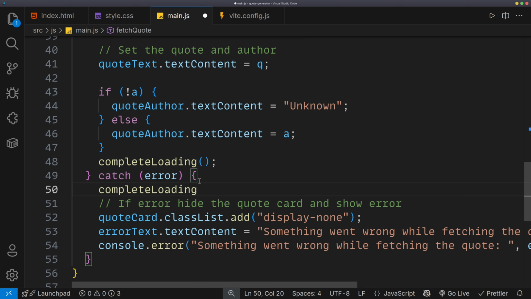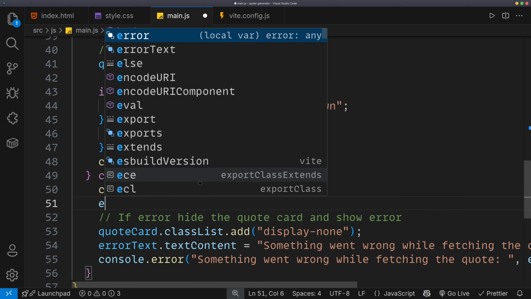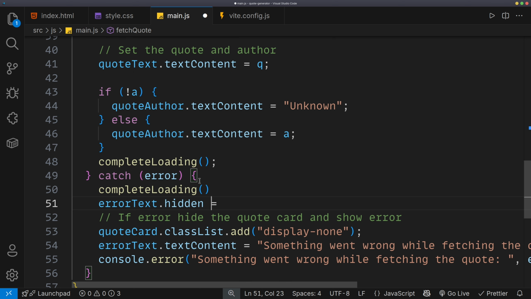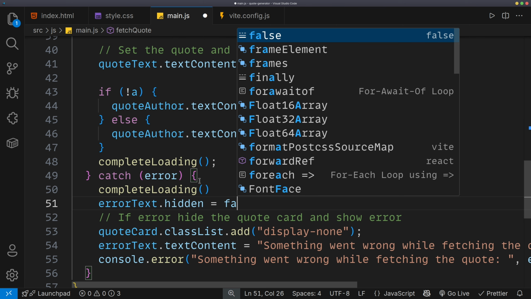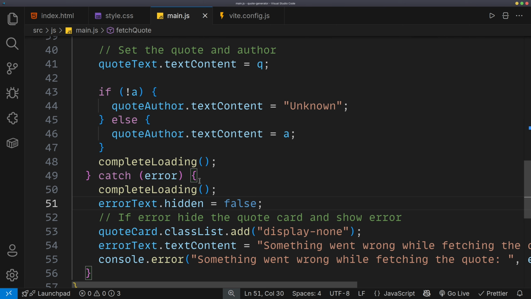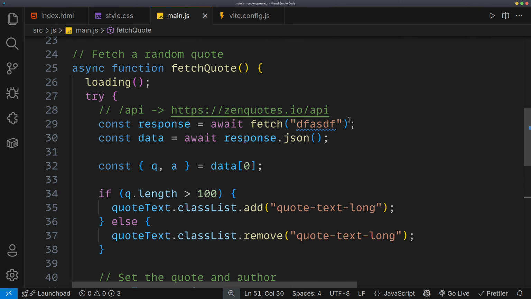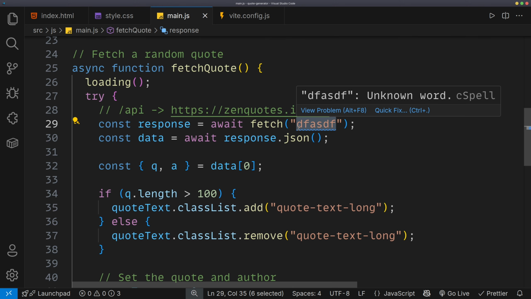Complete loading here as well. But here we have to add the error text dot hidden to false. Okay. Now if I do that, now we have our error. But if everything goes successful, so